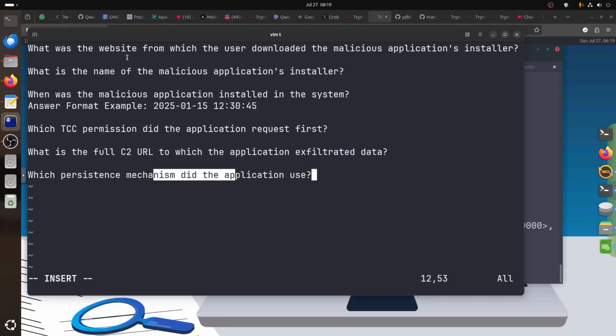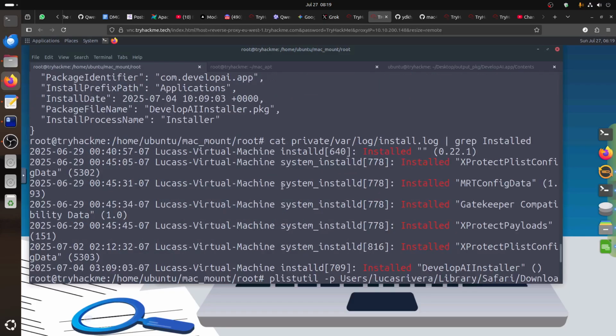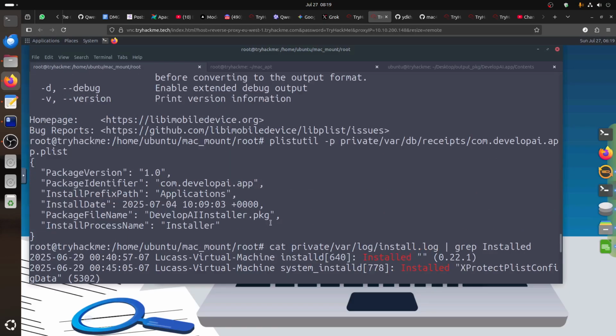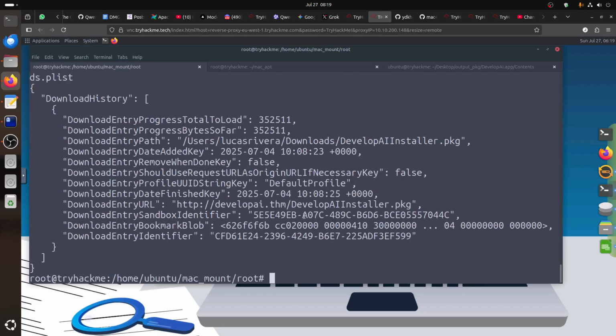ai.tryhackme. So basically we got the question for this, we got the name of the application installer. Yeah, you can see it's tpkg, and now we can see it everywhere. So we know that's the install file to developer install. So you can find a different way. We can also